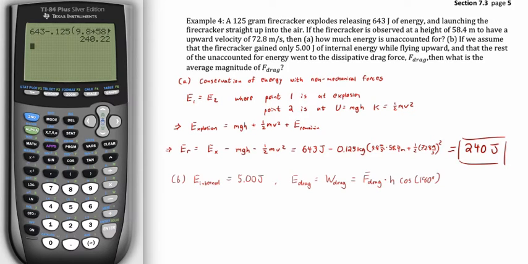And we're going to write our sum of forces here, our energy, right? So if we're not doing sum of forces, our energy conservation is going to be E1 equals E2. And just to fully show what it's going to look like with the internal energy and the work done by drag, we'll have U1 plus K1 plus the work by the non-conservative force, which will be drag, and that's going to equal U2 plus K2, and then plus the change in internal energy,